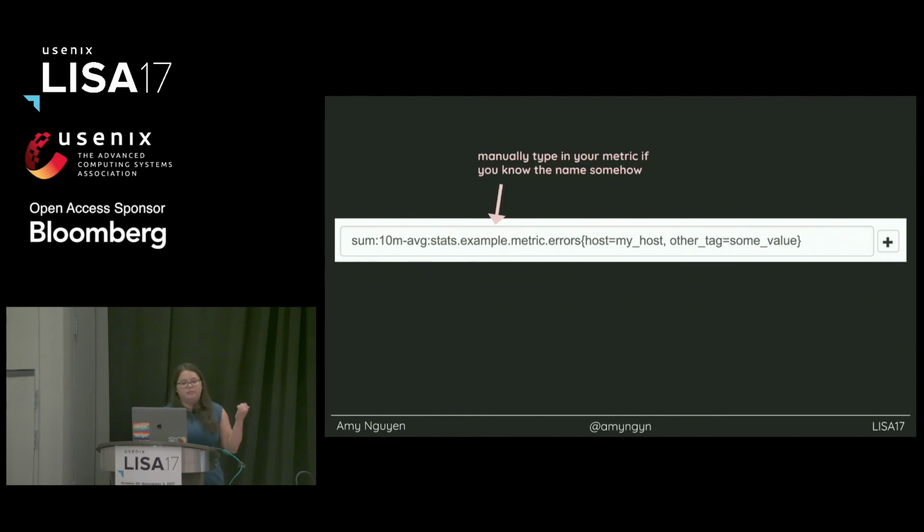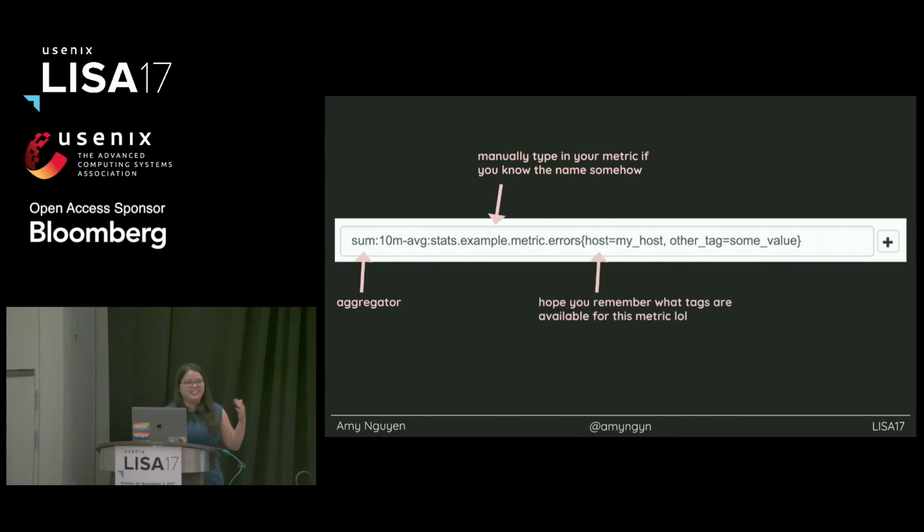First of all, you have to remember the name of your metric, which is already a long word that maybe you saved in a doc somewhere. You have to know what aggregators are available to you. There's a whole list of them, literally like 20. So maybe you want sum, but maybe you want average. Maybe you want one of the percentiles or min and max. There's a lot, and you don't even know what those choices really mean. So it's already kind of confusing in that sense.